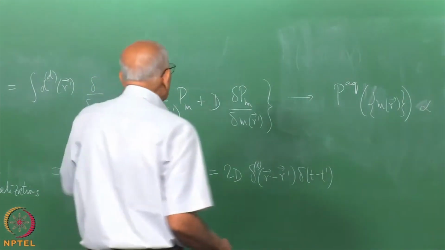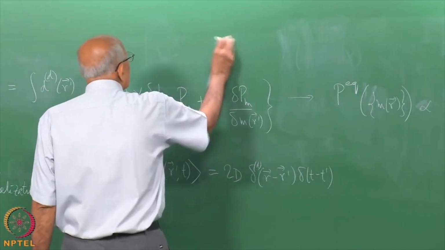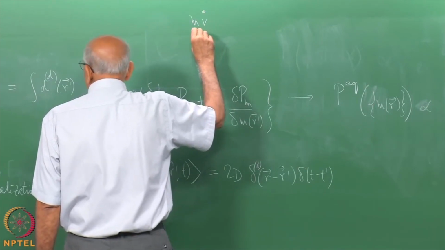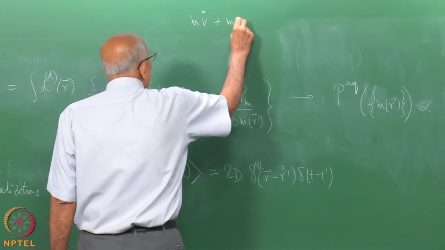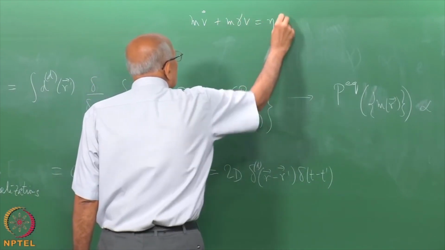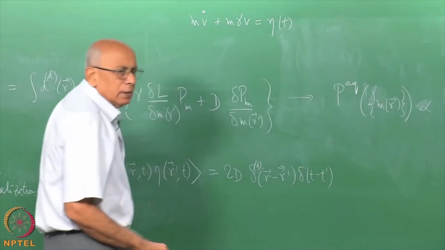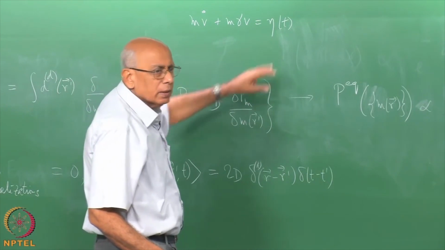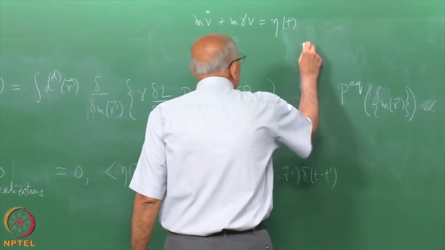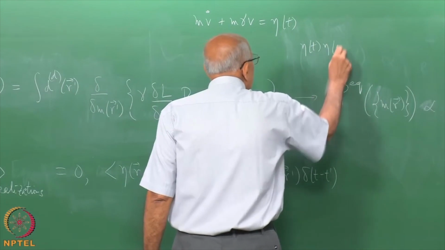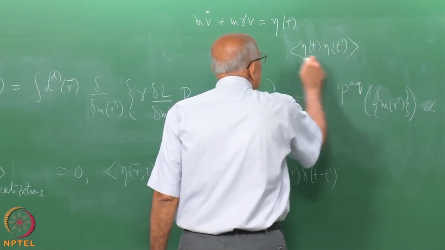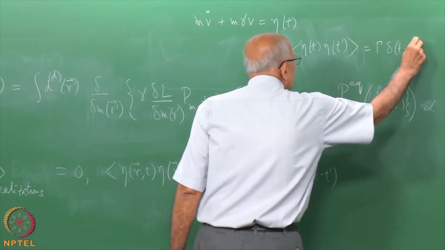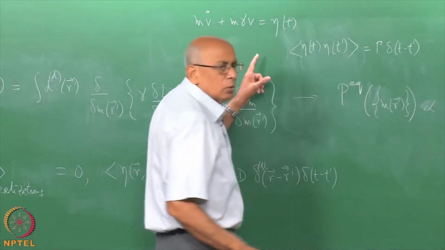If you recall what that was way back when, it was m v dot plus m gamma v equal to this force eta of t, and we assumed a strength capital gamma for this guy here. So we assumed that eta of t eta of t prime was equal to capital gamma delta of t minus t prime,